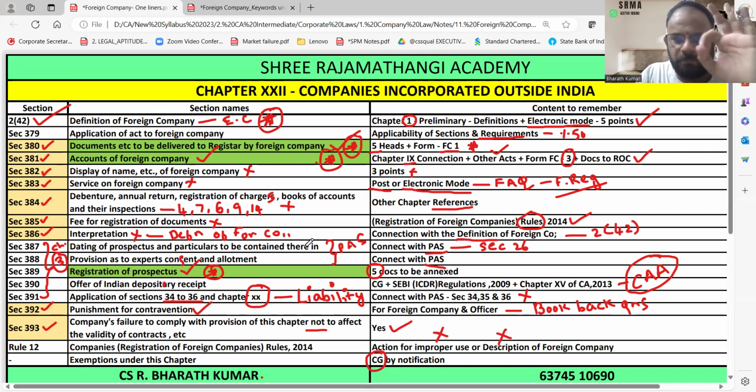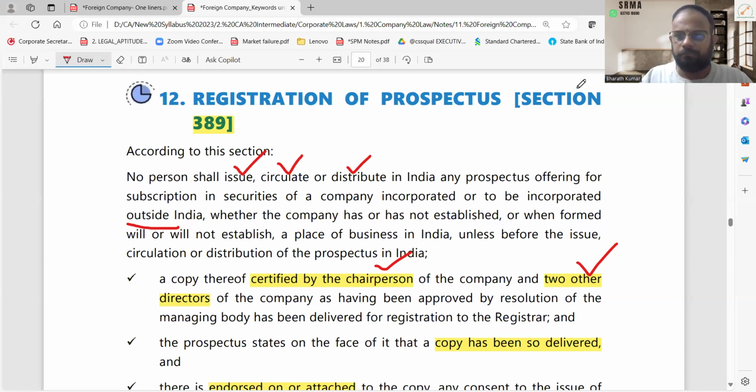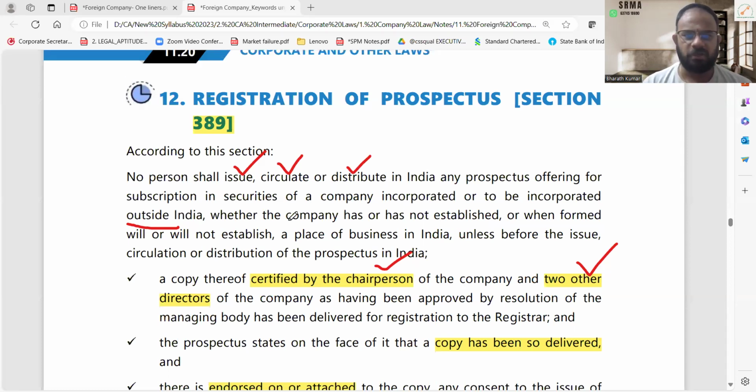Registration of prospectus is important. The remaining, I will go through quickly because we have already covered it. Registration of prospectus is very important. What is there in this registration of prospectus? We will cover it now. As we already told about the content of the prospectus as per section 26 and the expert statement, they will say the same point,